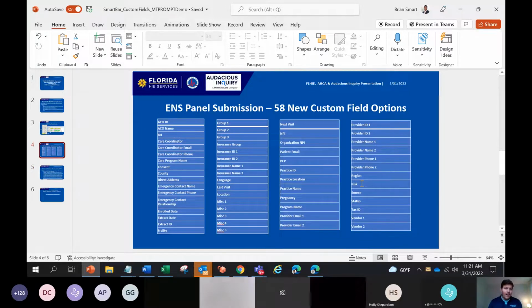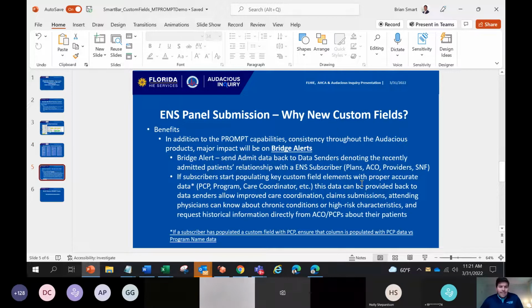And again, this data will now come back to you within the context of the notification. That includes HL7, CSV, prompt, and direct messaging. All this data would flow back to you in each of those types of alerts. Now, in addition to having the custom fields available and filterable within prompt, another huge